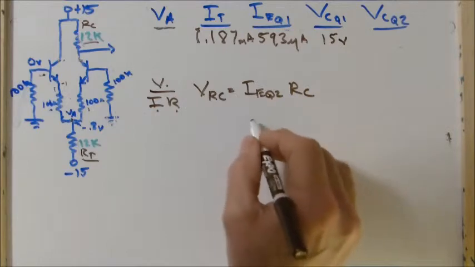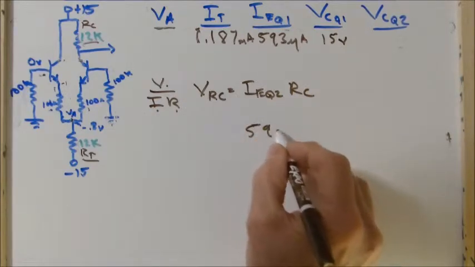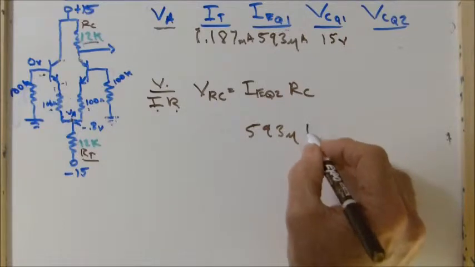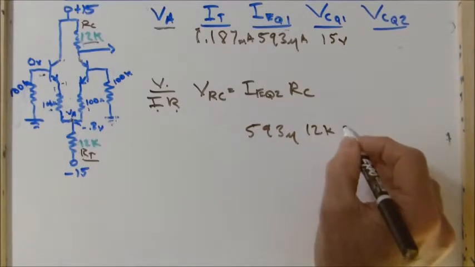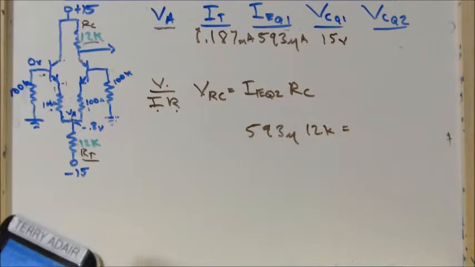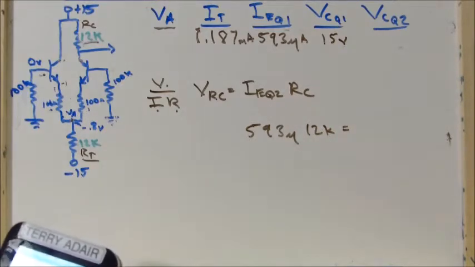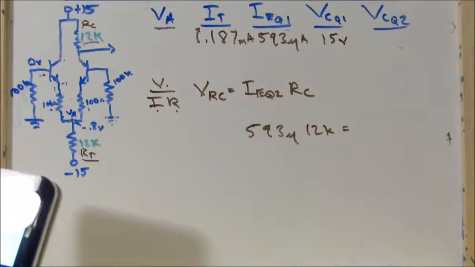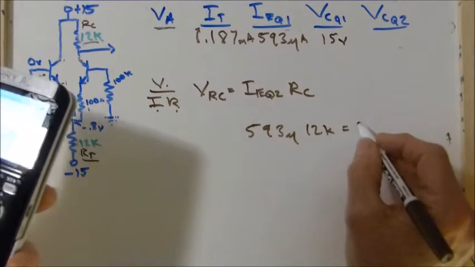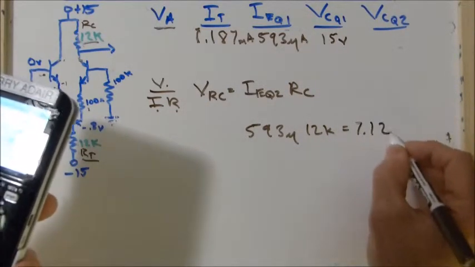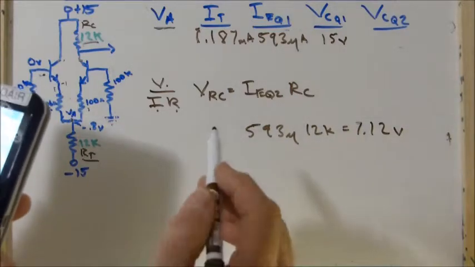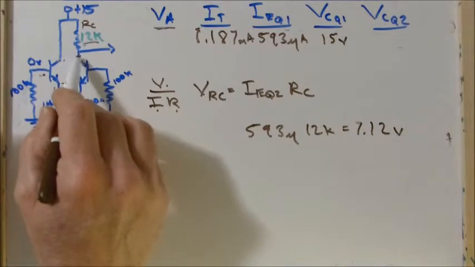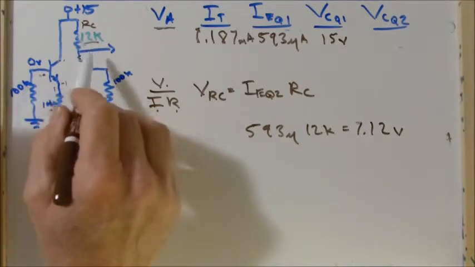Okay, I'll bring this down. 593 micro times the 12K. That number times 12K, I come out with 7.12 volts. Okay, now that's the drop across this resistor,